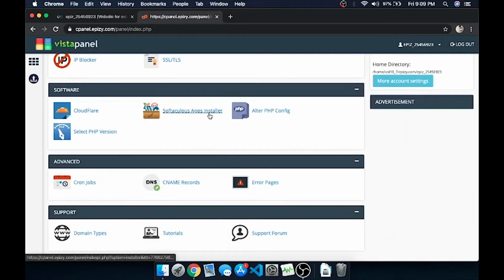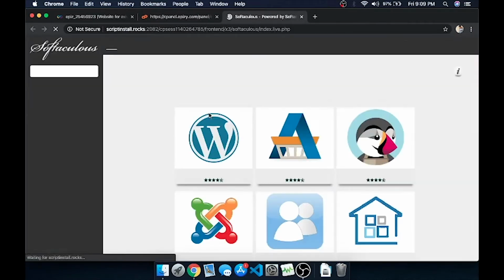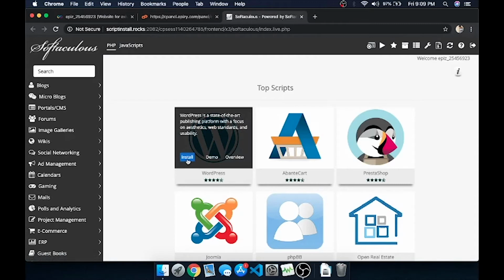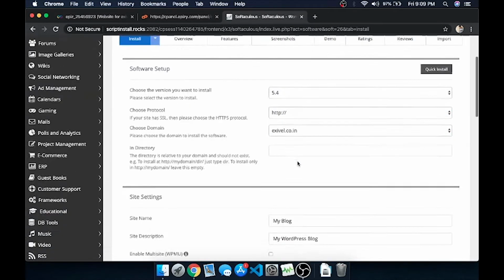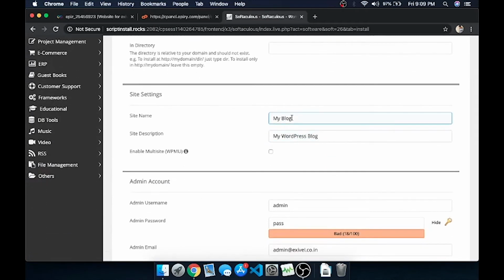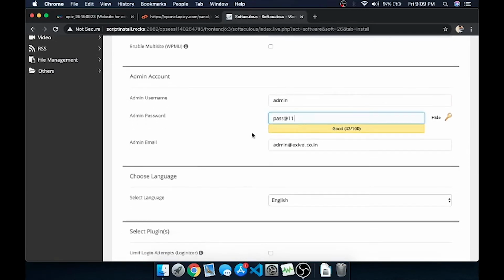So just go to the software section and click app installer, and here you can see WordPress. Just click on install, leave this as it is, just don't do anything here. And in the site name you can change anything. I will write a trial website, and inside description I will write anything, yeah, anything. And here you can choose a password. So let's change the password to pass at 11,